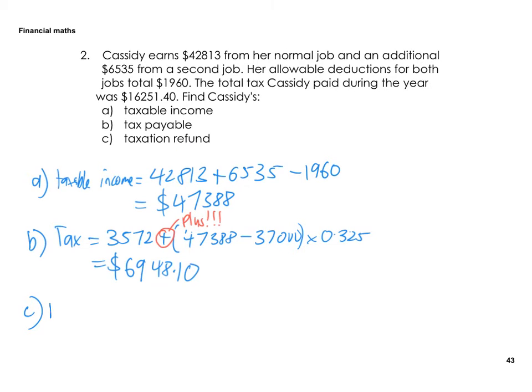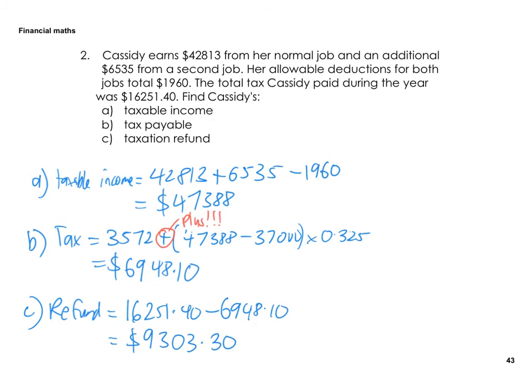So refunds. Okay, now remember, she needs to pay this. She actually paid that. So take the 2 away. 16,251.40. Take away the small one. So a refund of $9,303.30. And the question like this is very typical of exams, where you figure out taxable income, tax, and then